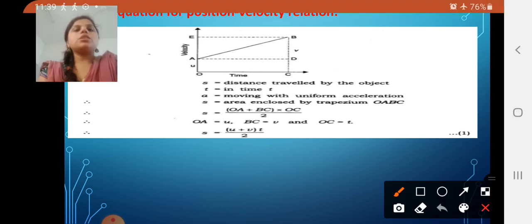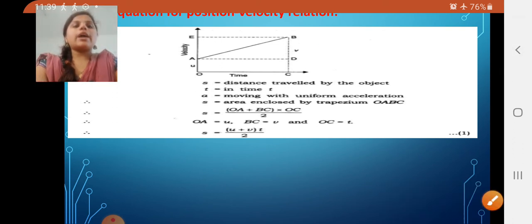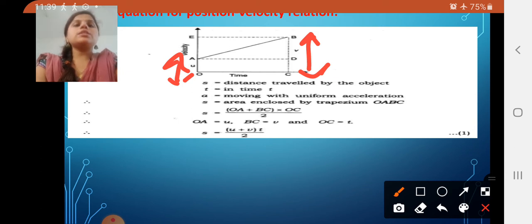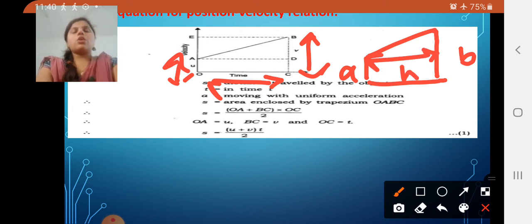Once again I am going to show here. It is your height. Now just check the identities we have. It is represented as OA, one side, and BC, the other side, into OC. OC is the height. This is the opposite. Here it is A, here it is B, and this is your height. I hope you got this trapezium.